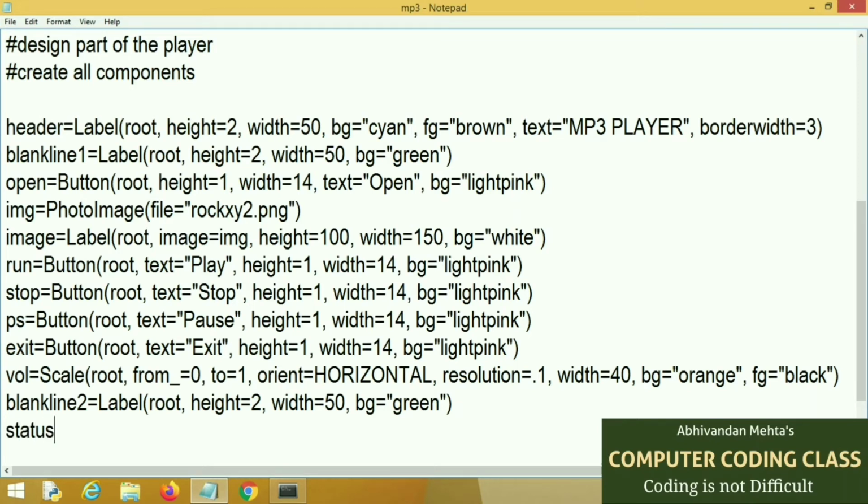By using a label, I will create status. Status will display our current running sound file.